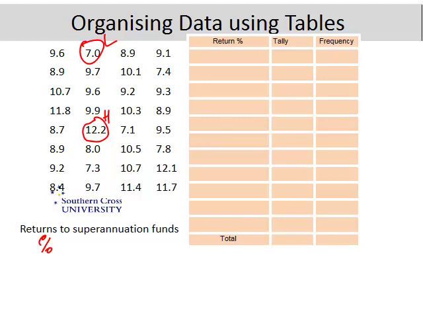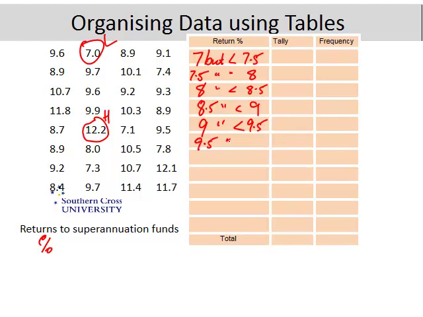So I'm going to suggest for grouping that we go from 7 but less than 7.5. And then 7.5 but less than 8. I would argue that this is a continuous variable because the return could go on for many decimal places, but it's just convenience that it's been rounded to one decimal place. But keeping on going here, so 8 up to but less than 8.5, and then 8.5 up to less than 9. Okay, so what that means is that 9 is not included, but anything that's just a smidge below is. So then 9 up to but less than 9.5, and then 9.5 up to less than 10,